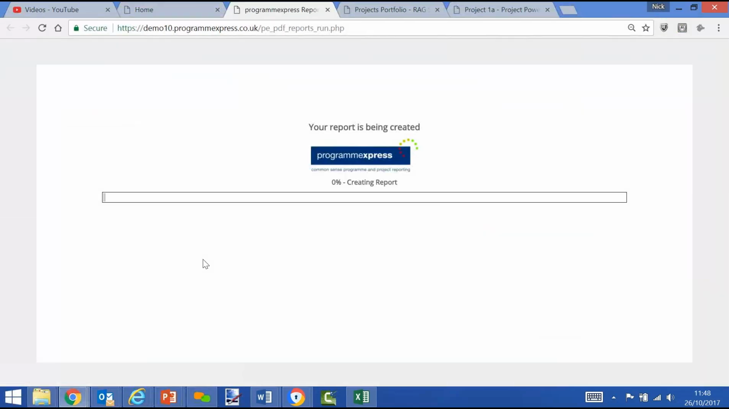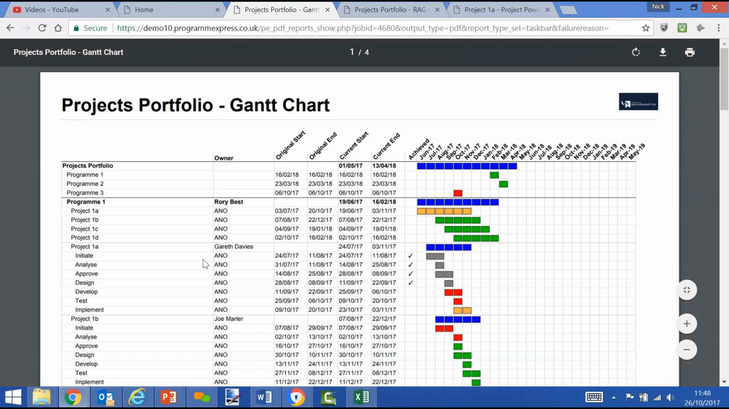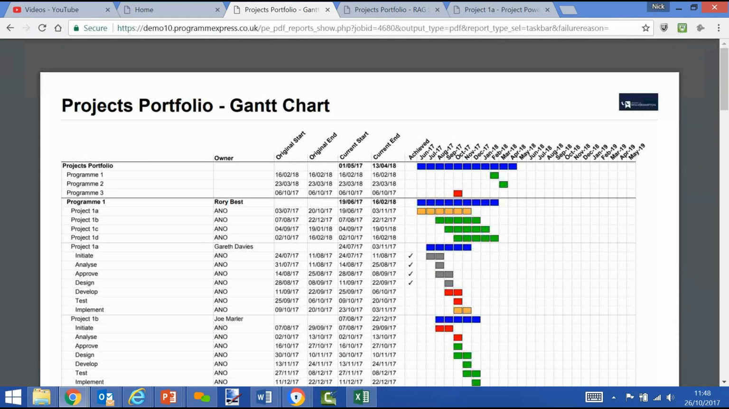Again, running from the top level, we can see the plan for every single program and project that sits underneath it. So you'll see a Gantt chart view, and we're using the red, amber, green theme for our tasks. Red meaning it's missed today's date, and amber meaning it's forecasting to be later than was originally expected by the